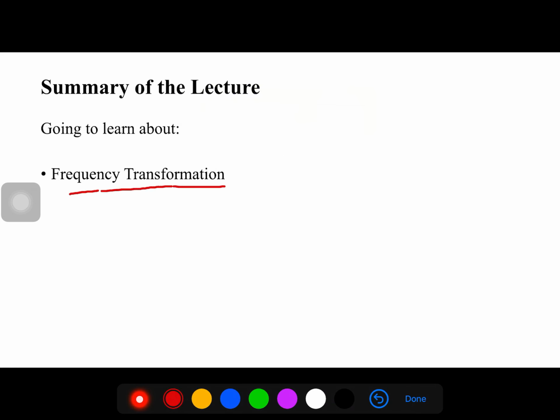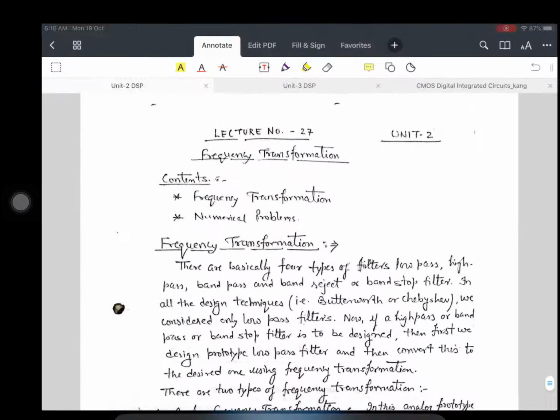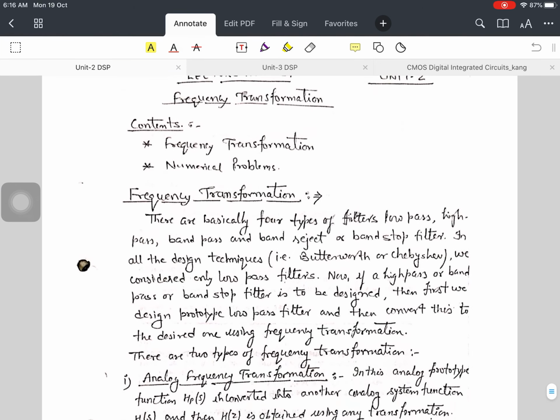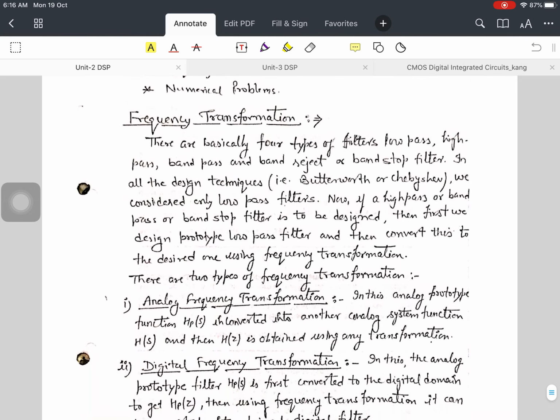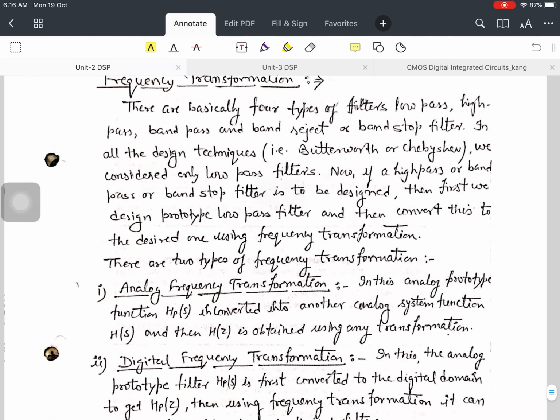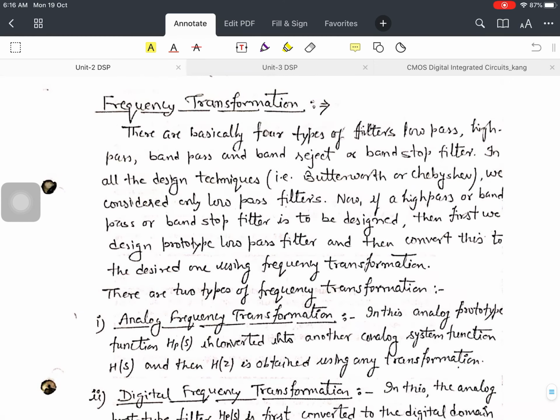Okay, so in previous lecture we have discussed about the design of digital Chebyshev filters and some examples. Now the next topic is frequency transformation. So let's start with this topic. What is the importance of this topic? Whenever in most of the examples you have seen that we use the low pass filter,